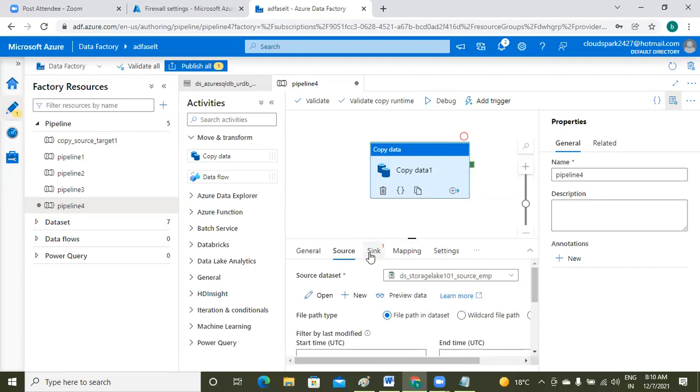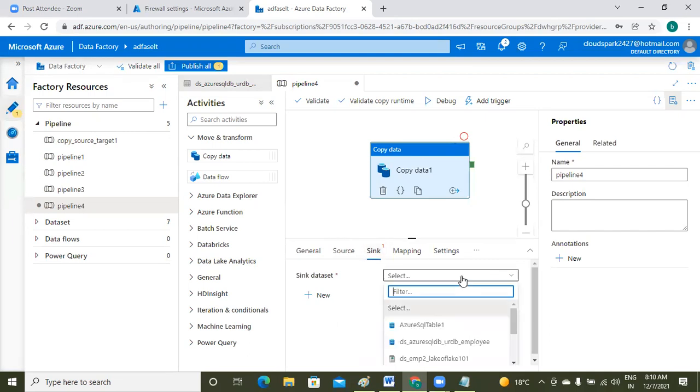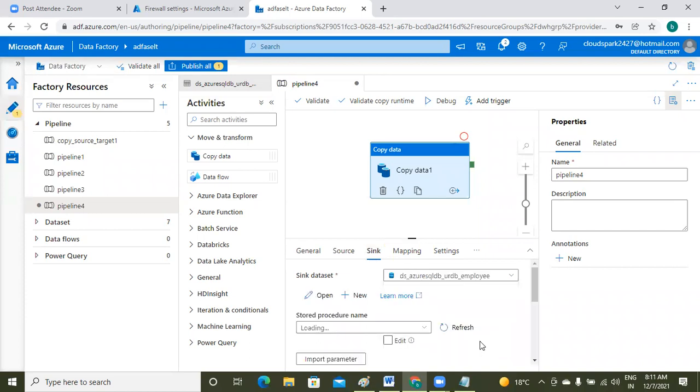And the target I am going to select. Just now we created one data set, ds_Azure_SQL_DB_your_DB_employee. Okay, this is our target.